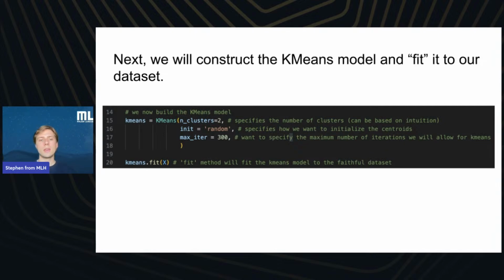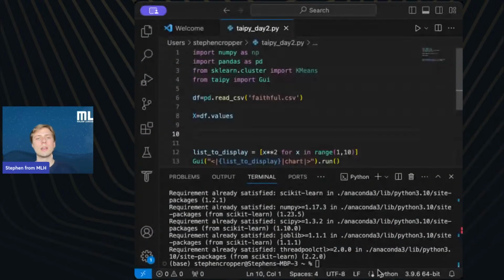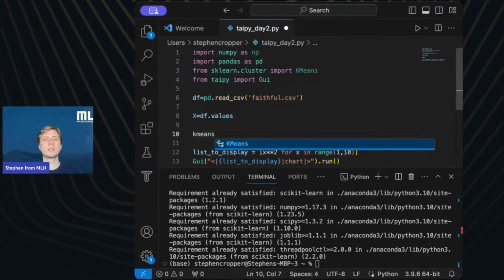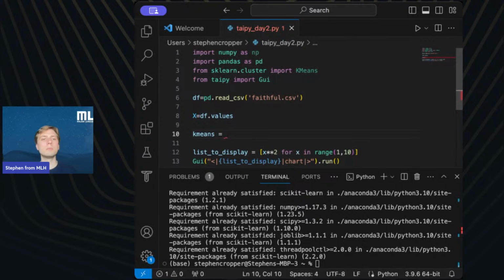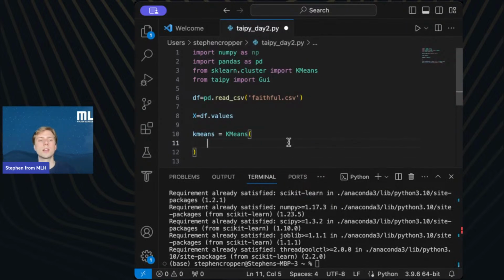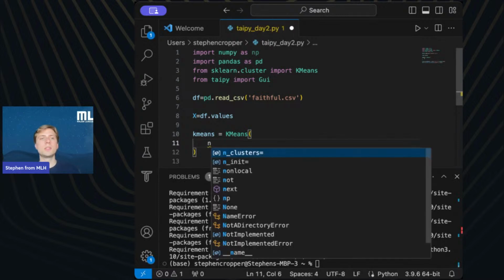But yeah, all right, now let's actually write this up. It's going to go in after our training data set is defined, and we're going to write k-means, which will be the model object, and we initialize a new k-means object, and we type in the different parameters associated with this model.